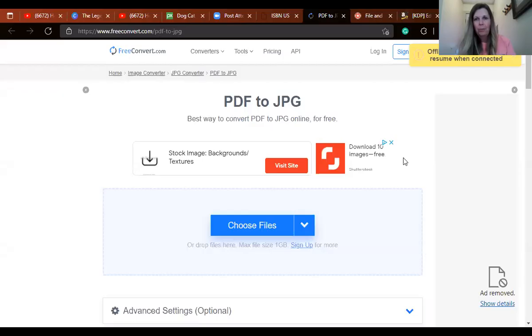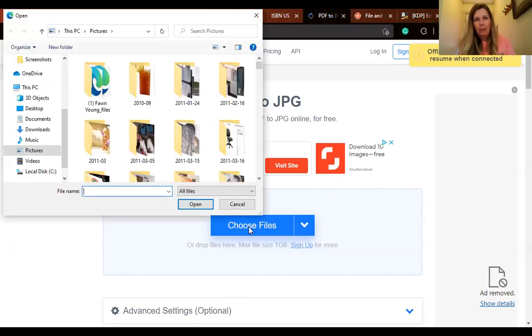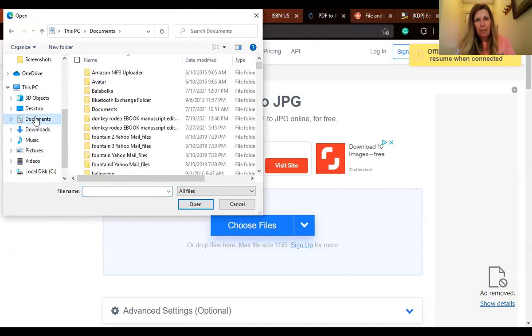It's not showing up. How do I get it to show up? One second. Oh, there it is. Okay. Sorry about that. Here we go. This is a free converter. Okay. So I took that publisher page, right? And I created it. Sorry, I saved it as a PDF. And I took that PDF and I put it in here. And then from there, I just went to my documents and I found